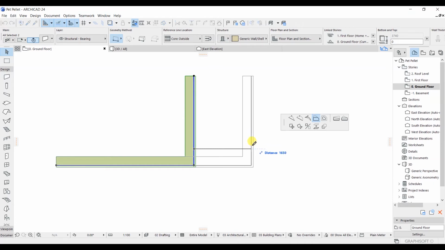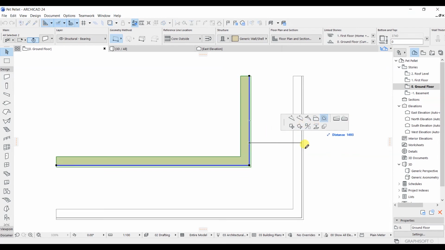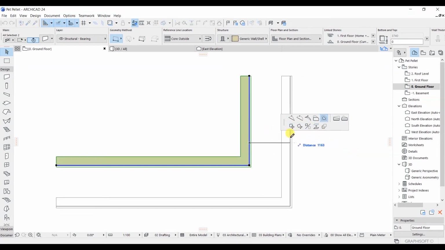Let's click on D. Okay, let's offset this one by 1500. Now, again, as you can see here, this is selected. I will simply click here, and this time I can also offset this whole wall. As you can see here, you can offset this whole wall, and if you press D, you can change this distance. So I'm going to offset this one by, let's make this 1000.